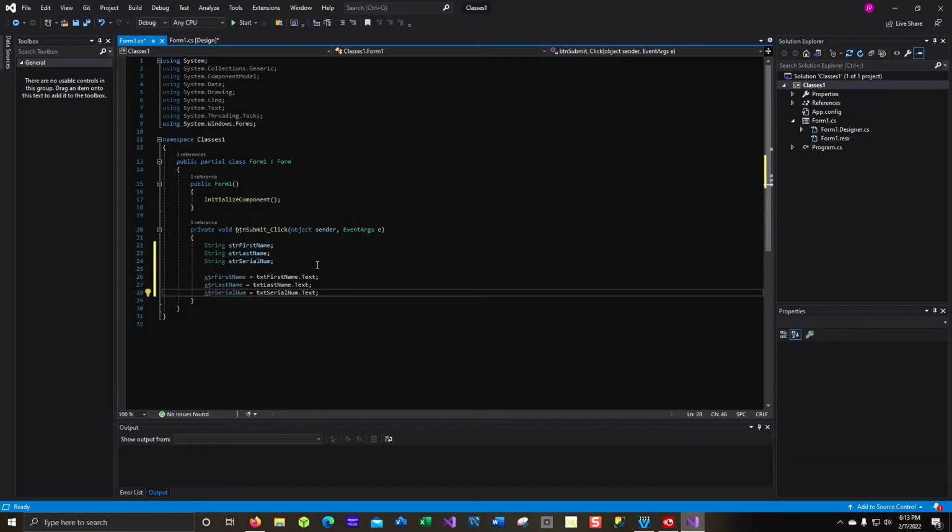Now, for something like this, it becomes kind of, can you bypass things? Can you do things? Yes, you can, but it's a good idea when you are collecting text from the user on a form to put it into a separate variable